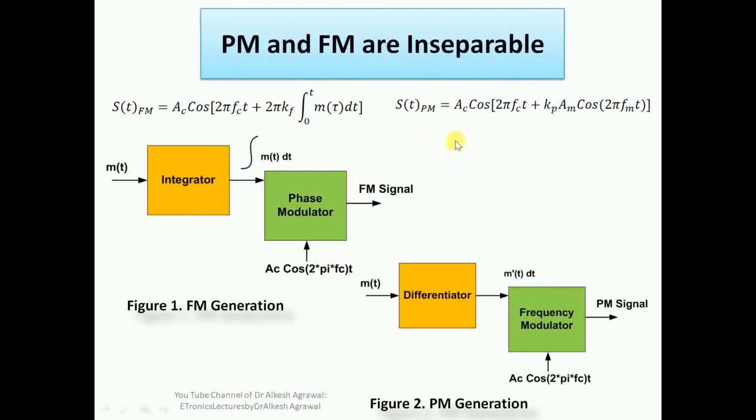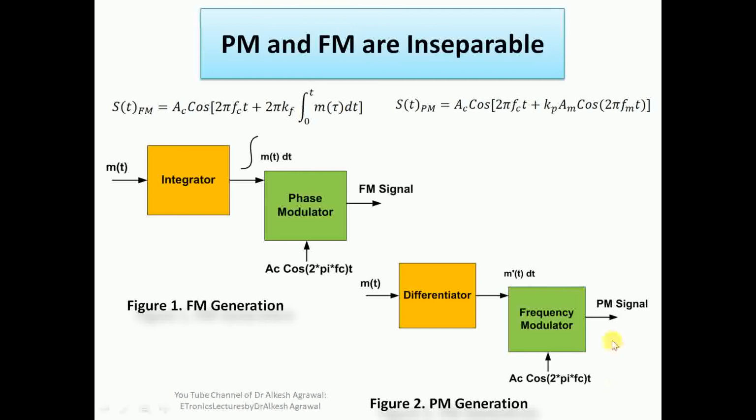That is, through this phase modulator, this is replaced by an integrated signal. So from this process of phase modulation, what we get is a frequency modulated signal, because here the signal is in integrated form. If we have the common factor kf = kp = k, this is replaced by the integral from 0 to t of m(t). So though we are doing phase modulation, what we are getting is frequency modulation.